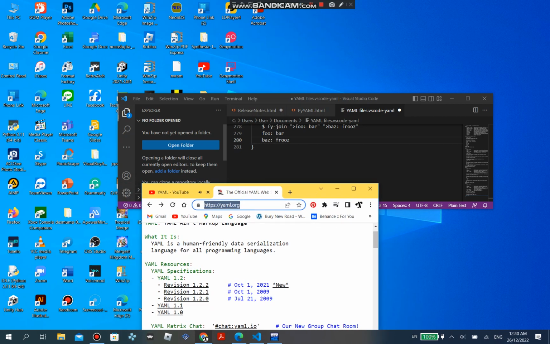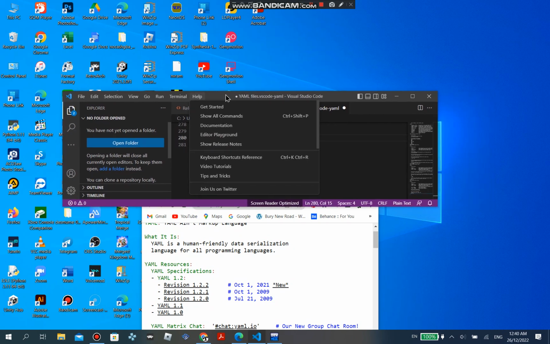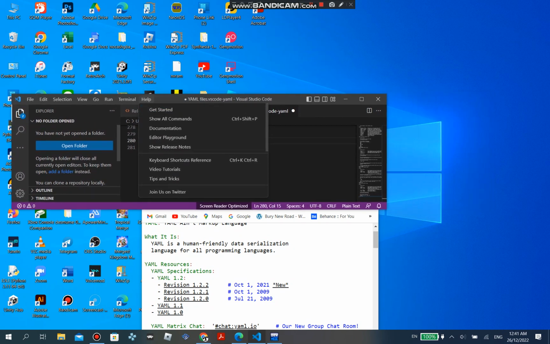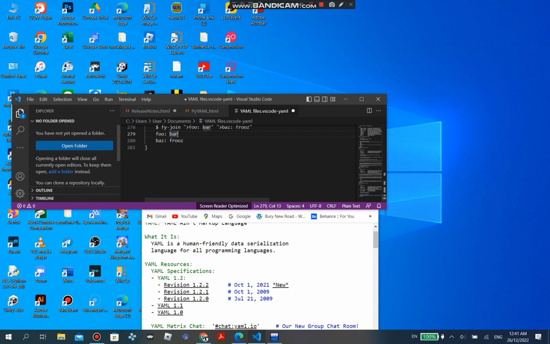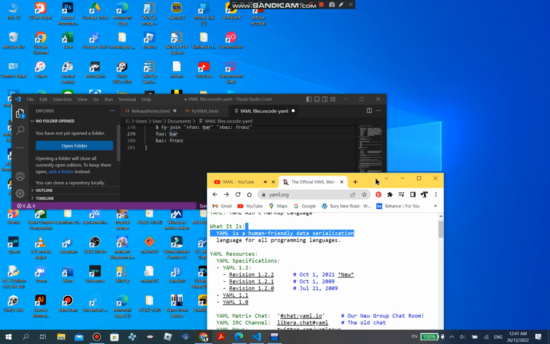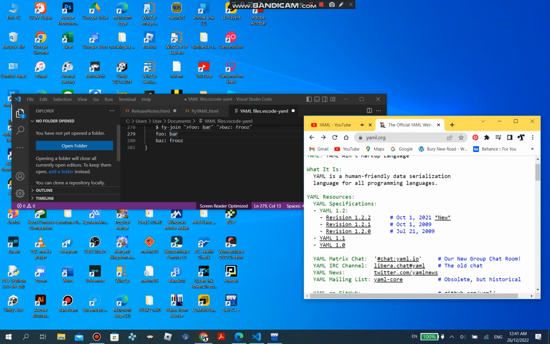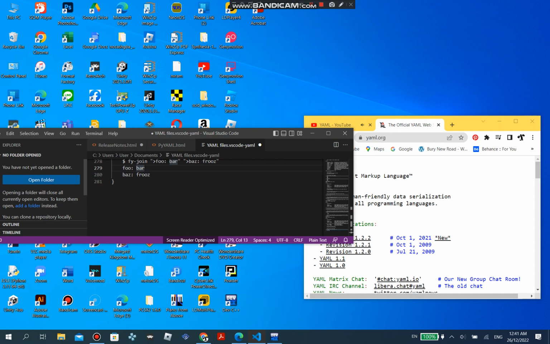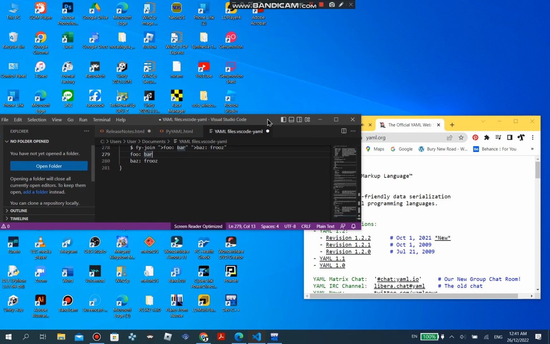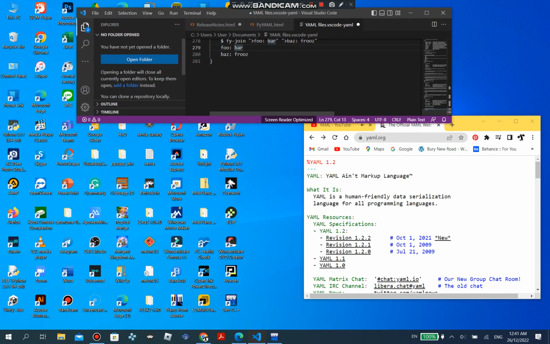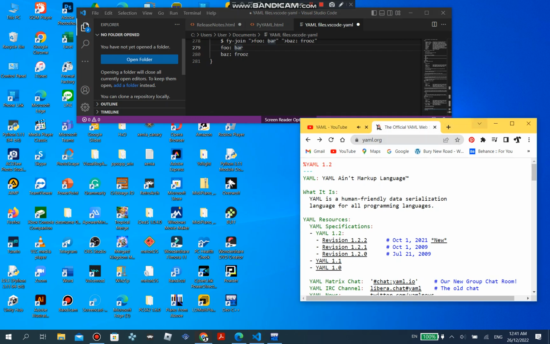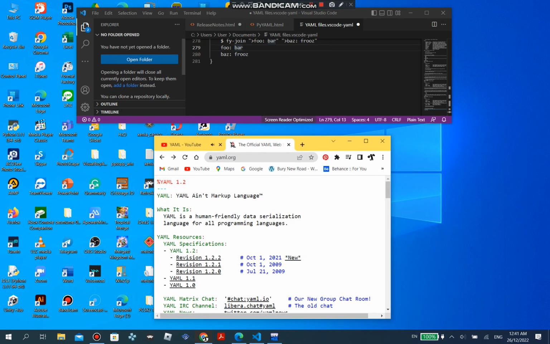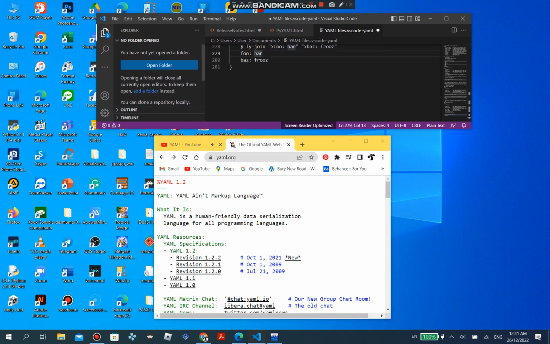Multiple documents within a single stream are separated by 3 hyphens. 3 periods optionally end a file within a stream. Repeated nodes are initially denoted by an ampersand and thereafter referenced with an asterisk. Nodes may be labeled with a type or tag using the exclamation point followed by a string, which can be expanded into a URI. YAML documents in a stream may be preceded by directives composed of a percent sign followed by a name and space-delimited parameters. 2 directives are defined in YAML 1.1, the %YAML directive